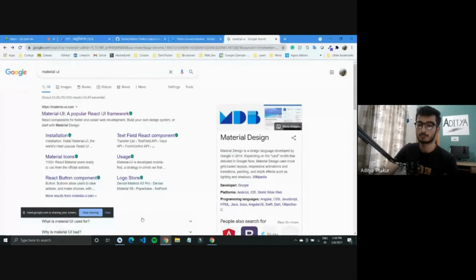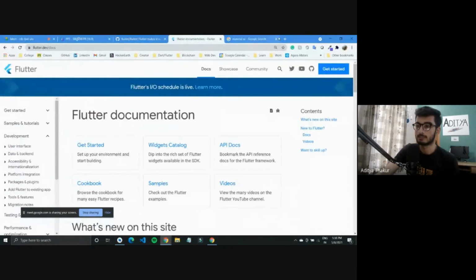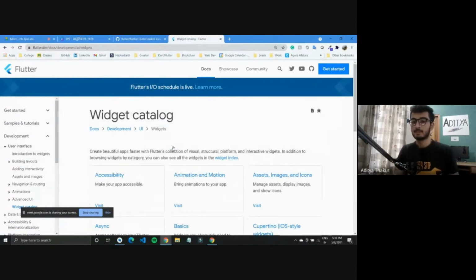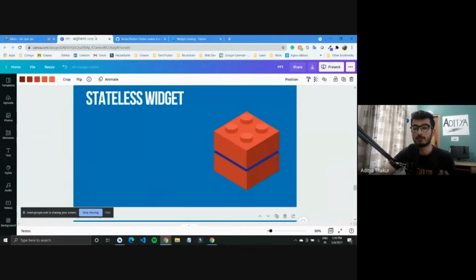So let me go back to the Flutter documentation itself. We have this Flutter documentation which has a section called widgets catalog. So as I mentioned, everything in Flutter is a widget. We talked about two different types of widgets, stateless and stateful. But there are a lot of widgets, as in those two were the types of how you can define a widget.